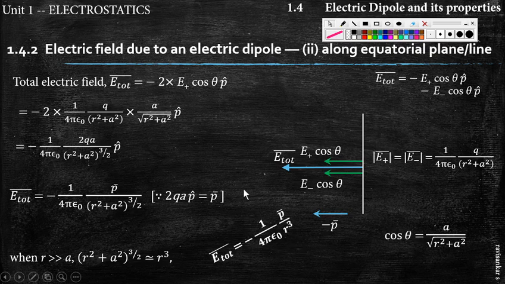This concludes the derivation for the electric field due to an electric dipole along the equatorial plane or equatorial line. This again is a very important say 5-mark question for the examination. Students, please refer to the reader for the text that you have to write after the diagram is given. You have to draw the diagram, explain the diagram, and of course do the derivation and get the final answer. And there will be some conclusions that are given in the write-up in the reader, which also should be given in the examination to get full marks.